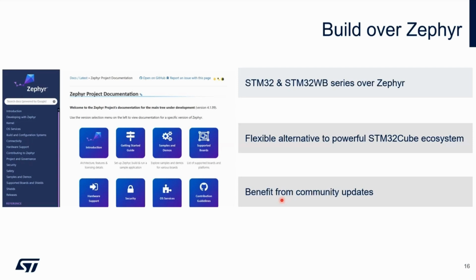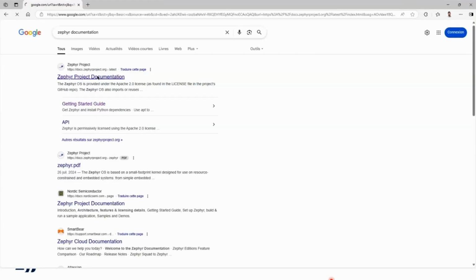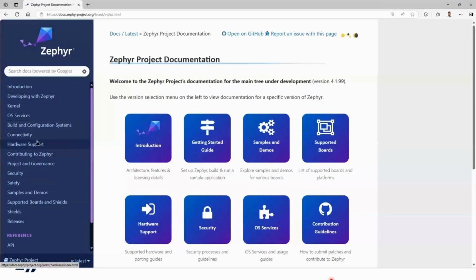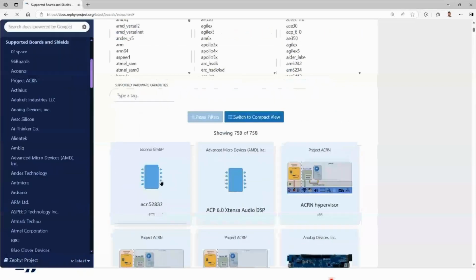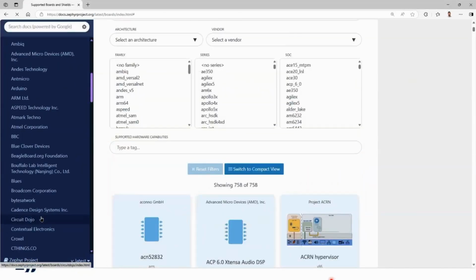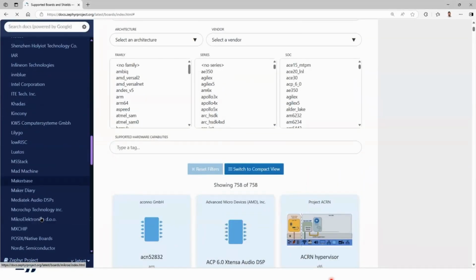And when I say the full portfolio, that means our wireless parts are part of the Zephyr ecosystem as well. If I open the Zephyr documentation and let me share the screen, I want to see all the boards supported. So supported boards and shields. And then if I go to ST,